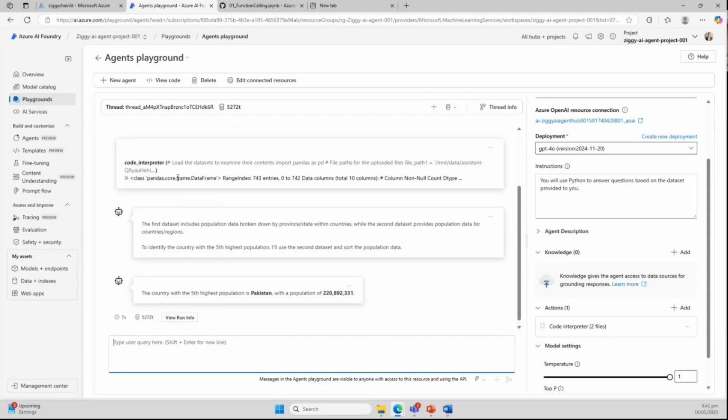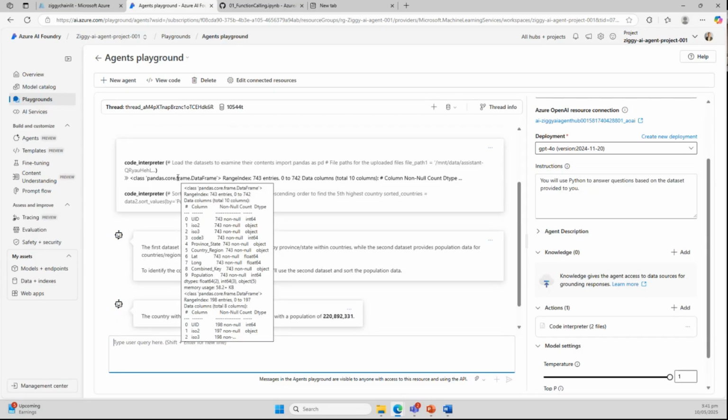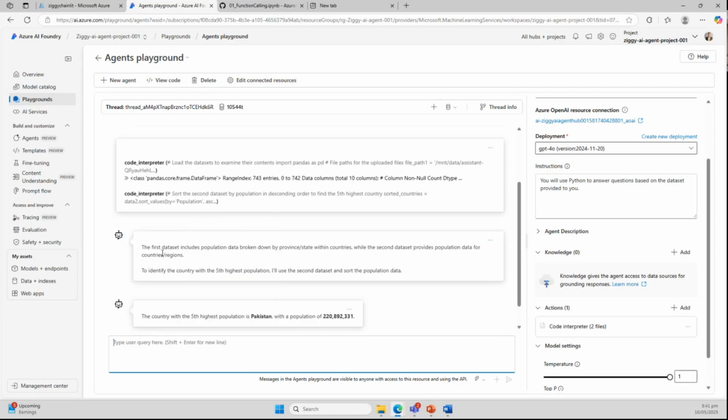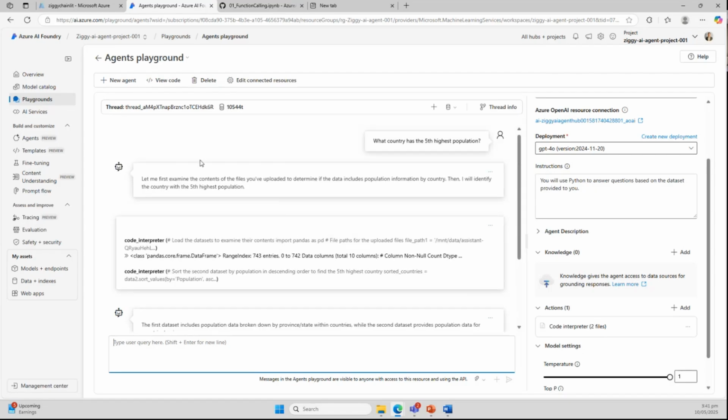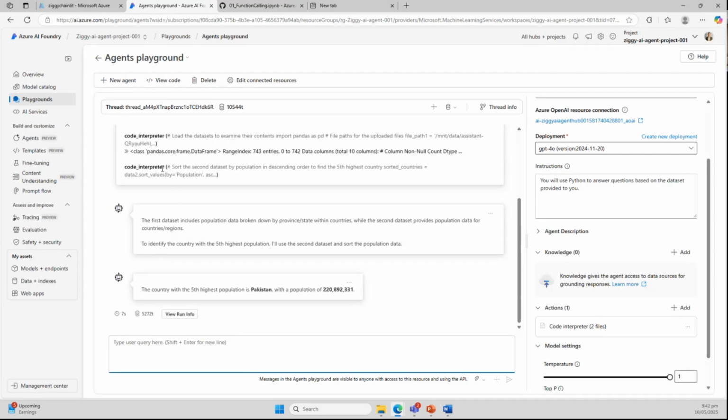And you can see a set of things that it will do in Python to identify the data set, which includes population data broken down. You can see all the different things that it's doing, and some code. Okay, so that's the code. And now the answer is Pakistan with a population of 220 million.